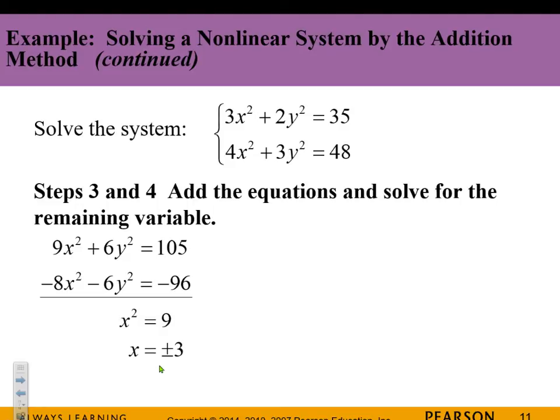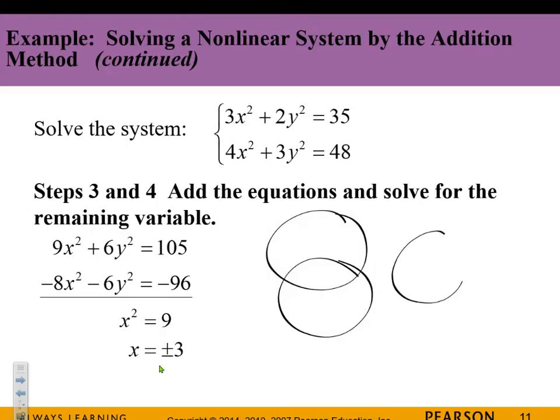Now, notice that these are 2 circles, right? The most you can get with 2 circles is 2 solutions. If they intersect, they'll intersect at 2 points. Or you can get where they are just tangent to each other, which is 1 solution. And then you could probably get the scenario where they're the same circle, and then that would be